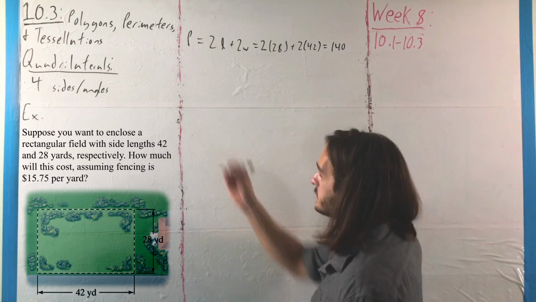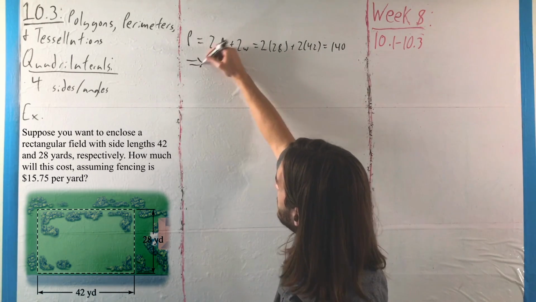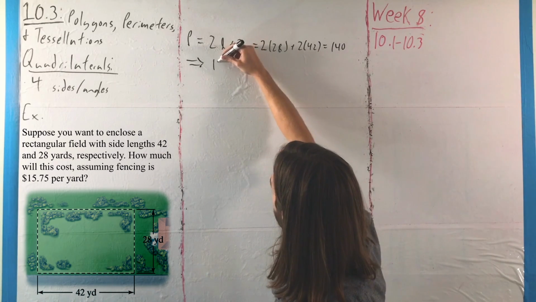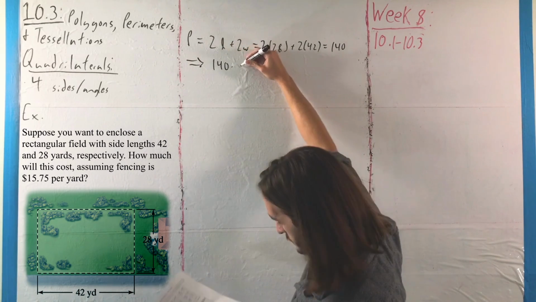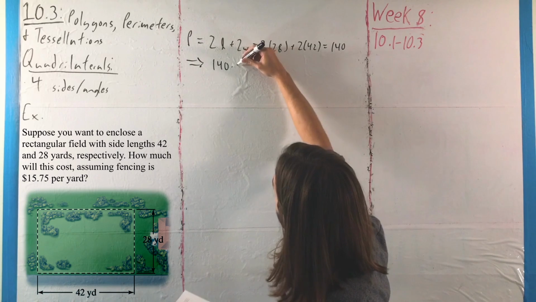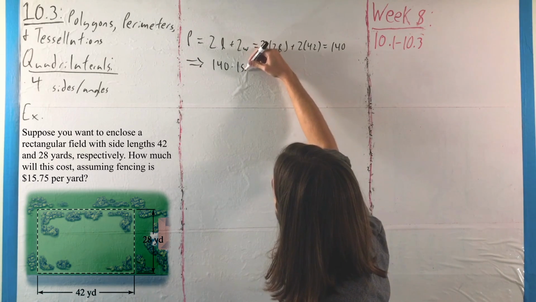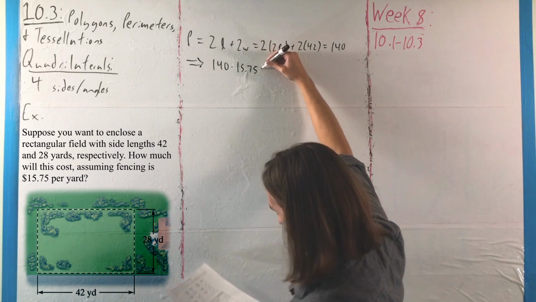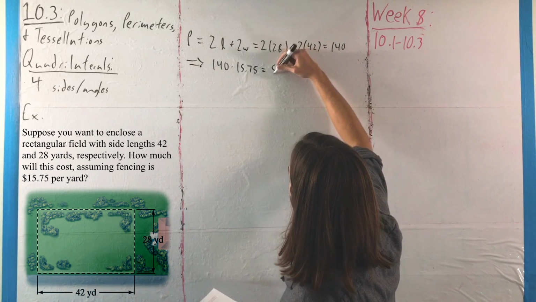And that tells us if we want to find the total cost in fencing, that's going to be the perimeter, 140 yards, multiplied by the cost per yard of $15.75, for a total price of